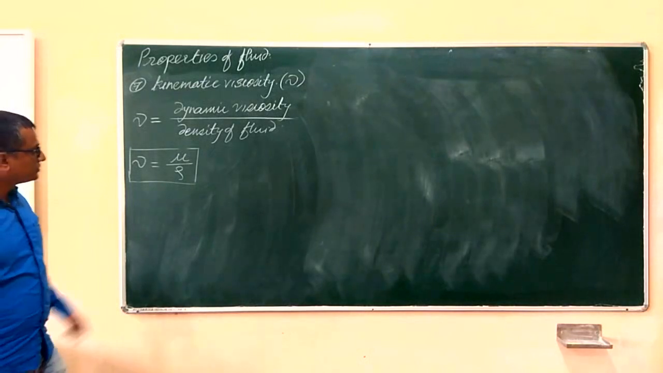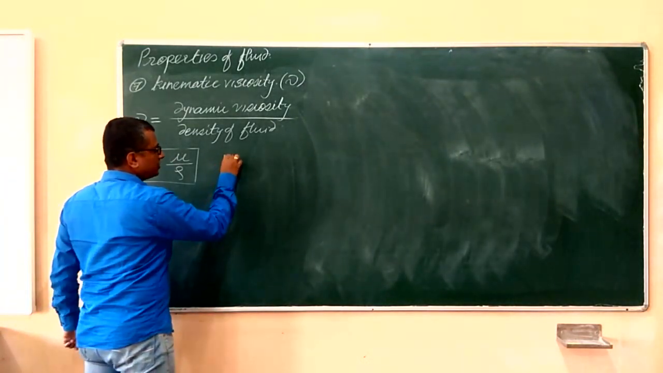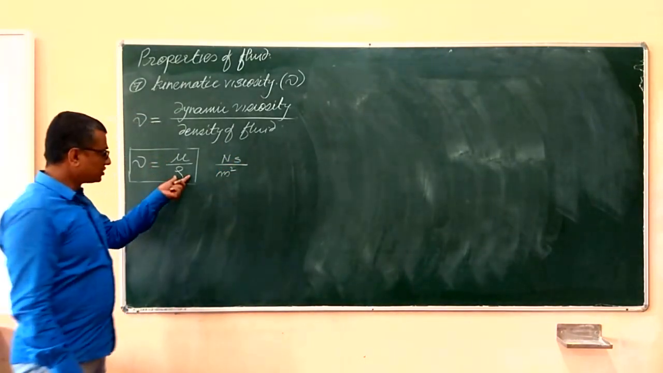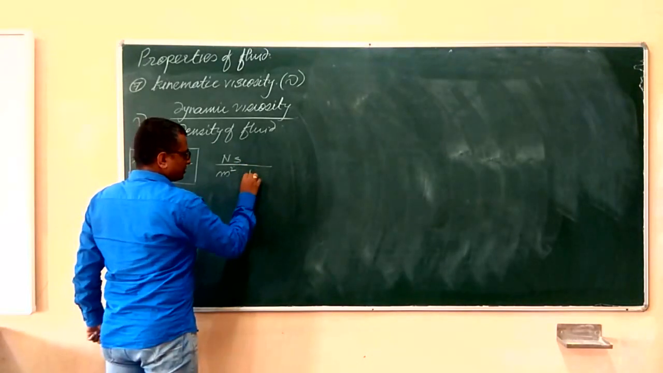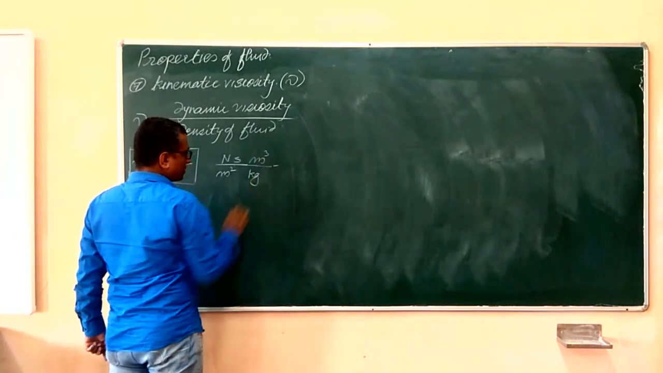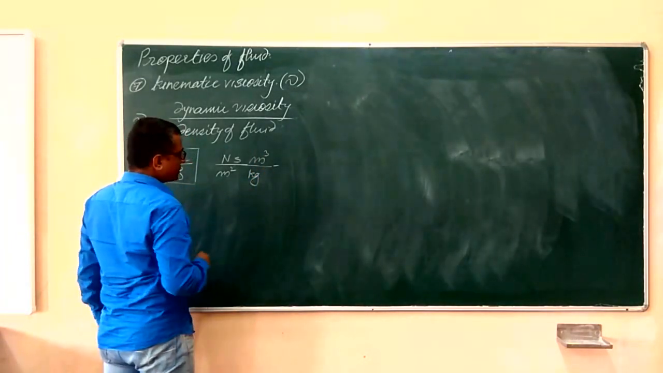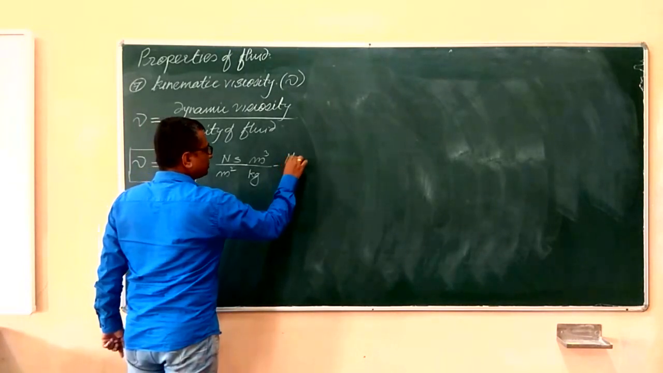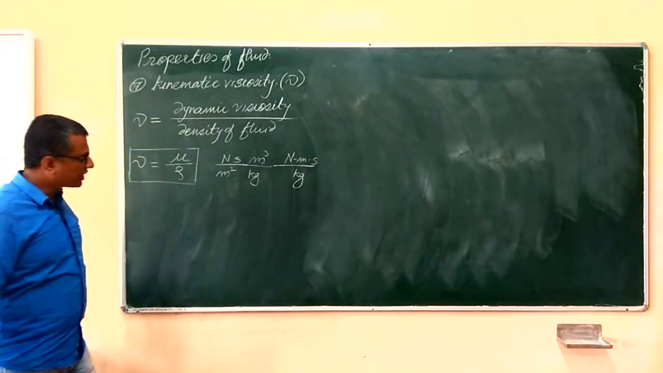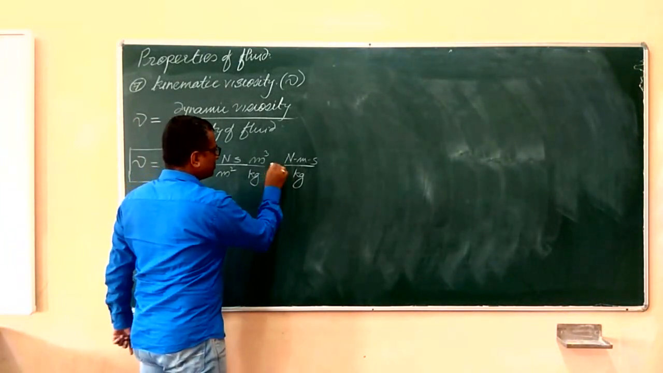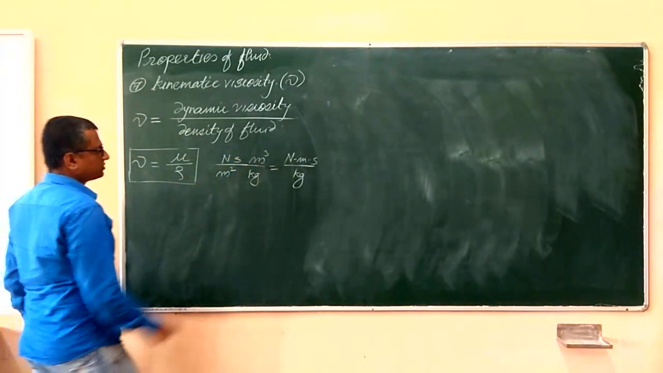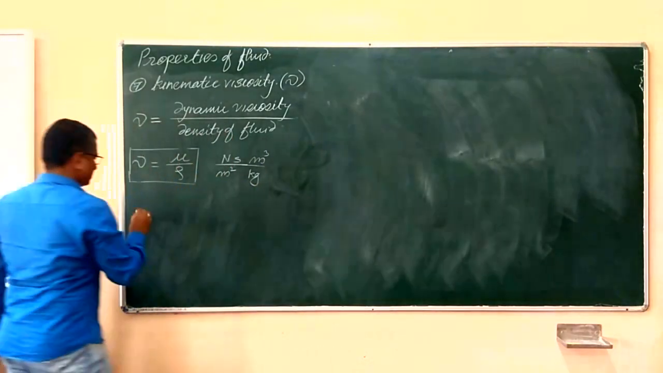Now what about the unit? Mu is measured in Newton second per meter square, whereas rho is measured in kg per meter cube. So meter cube will go into the numerator. The form we will have is Newton meter second per kg. But it will be better to expand that unit further, so let us express this Newton in terms of the fundamental units. So the SI unit will be